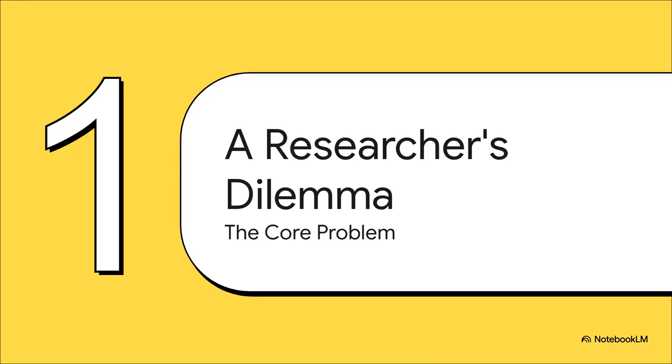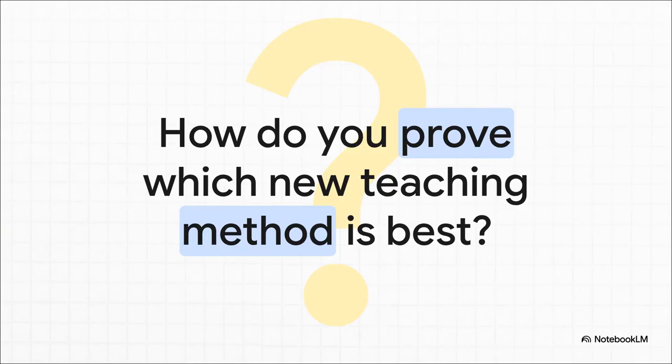All right, so let's set the stage. The core problem ANOVA solves is something researchers face all the time. You've run an experiment with a few different groups, and you really need to know if the thing you did actually made a difference. Let's make this real. Imagine you're an educator, and you've just come up with three awesome new teaching methods. You run a study, you collect all the test scores, and now you're staring at the data. The big question is, how do you prove with actual statistical certainty if one of your methods is genuinely better